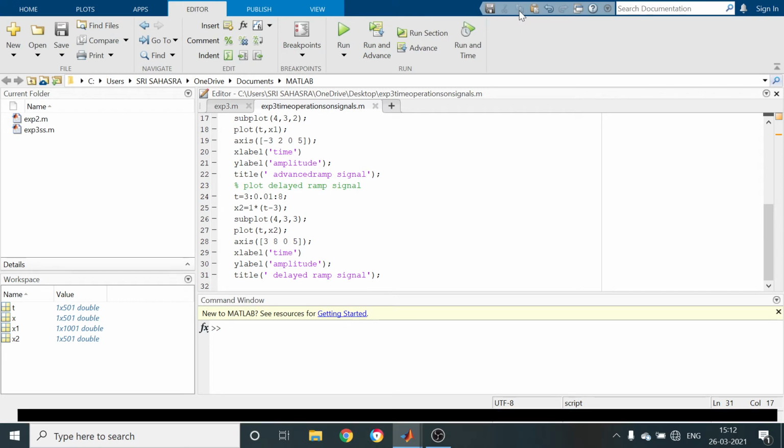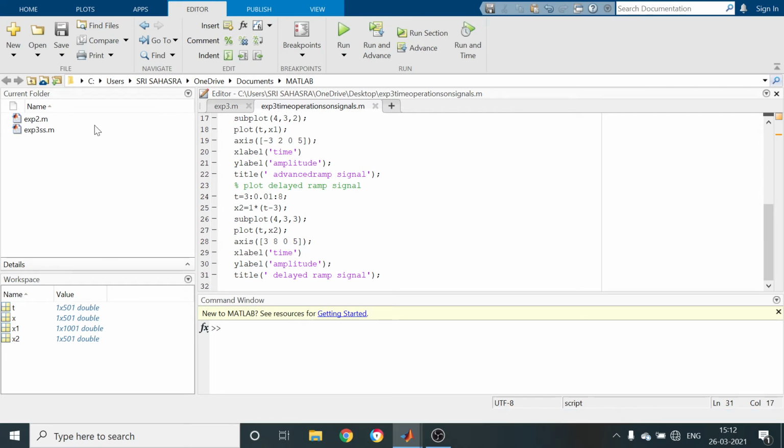Just observe. The first plot is ramp signal started at 0. The second one is advanced when compared to the previous ramp signal. It starts at -3 only. Whereas the third signal starts at t equal to 3. When you observe, both appear to be same, but observe the time axis. The second signal starts at t equal to -3, whereas the third signal starts at t equal to 3.